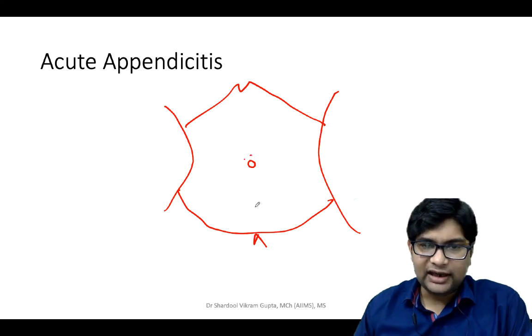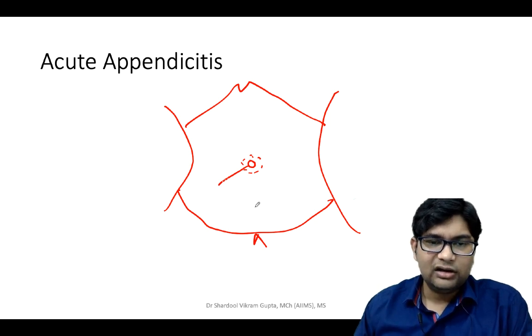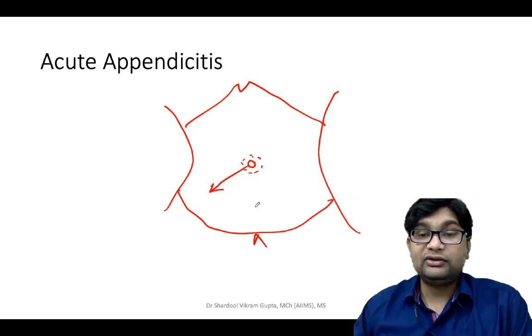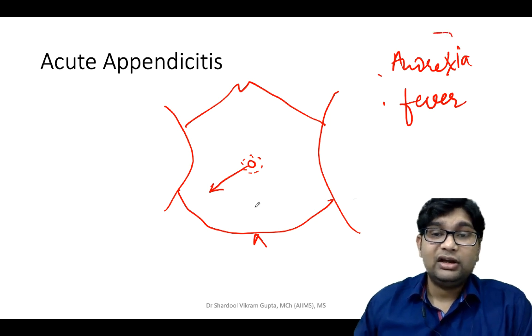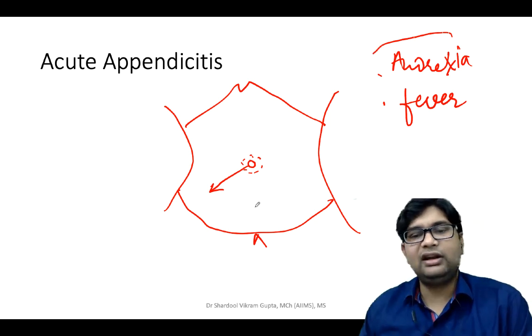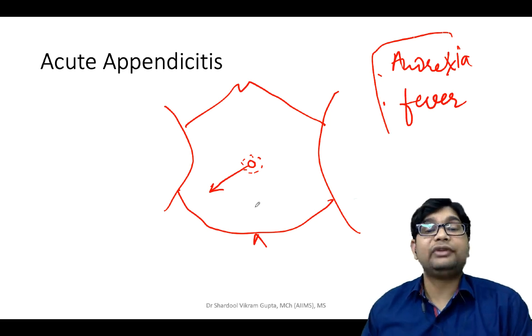You'll have a vague aching pain which will be shifted to the right iliac fossa. So migratory pain which will be shifting to the right iliac fossa, a migratory pain, and also there will be anorexia or there may be a fever, and these are the symptoms. So once you go for abdominal examination and you palpate the right iliac fossa, you will find that there is tenderness in that region. So you may find right iliac fossa tenderness.